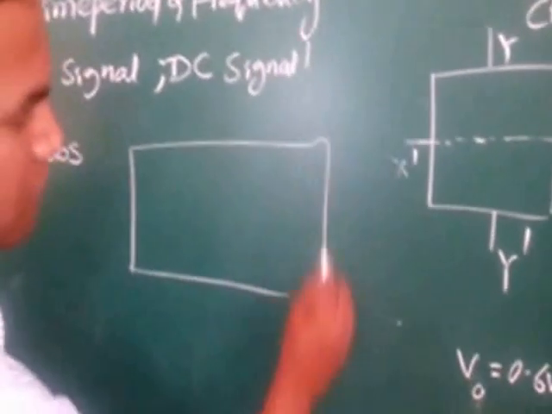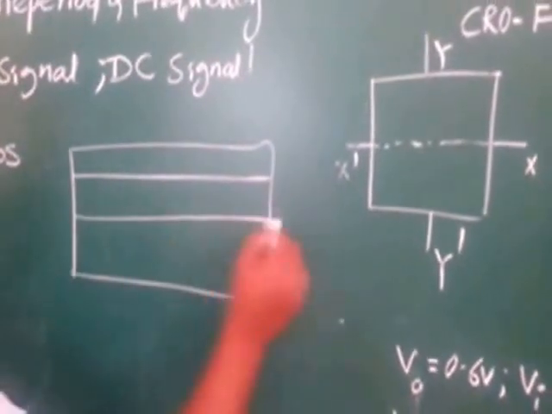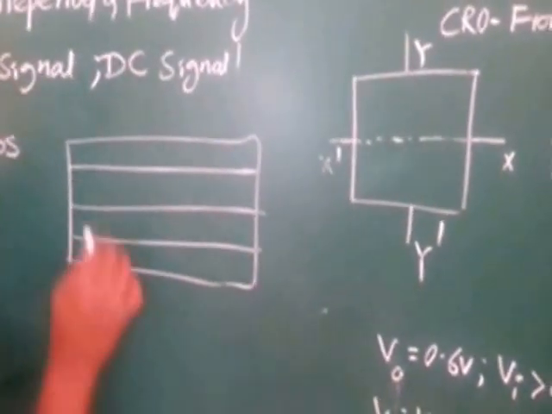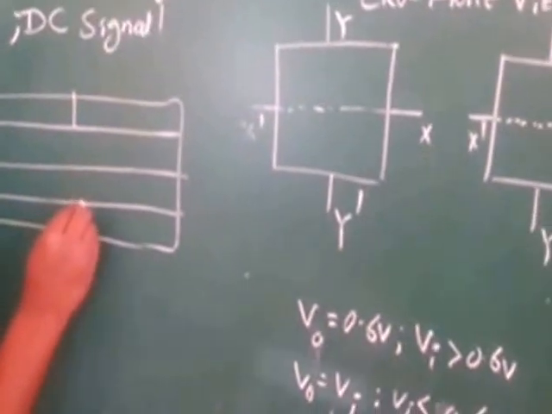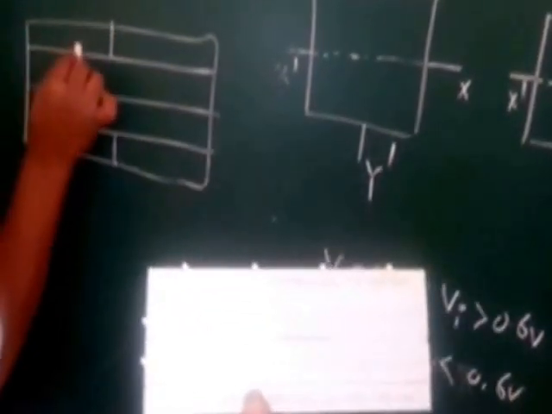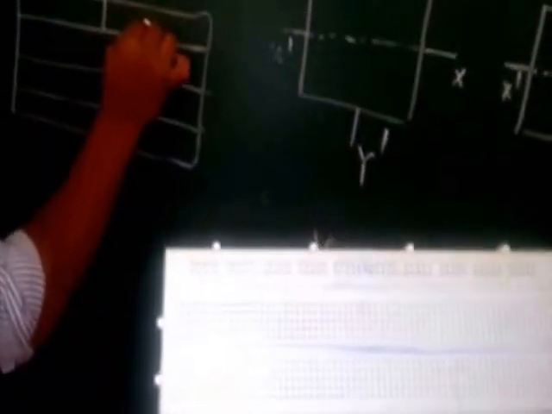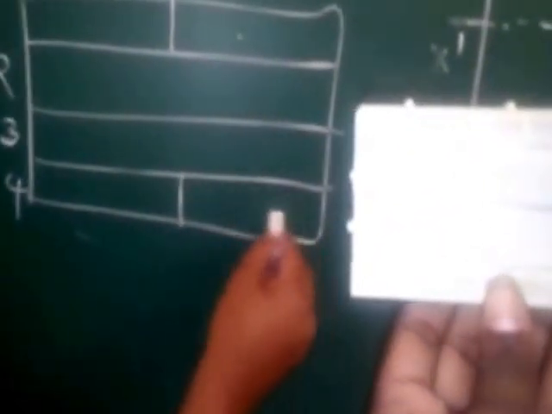In general, a breadboard contains 4 sections: first section, second section, third section, fourth section. In the first section and fourth section, there is a separation in the middle. That means the connections available on the left side of this separation are different from the right side connections. Here also it is the same: first section, second section, third section, fourth section. The connections on the left side are different from the connections present on the right side. And in the second section and third section, there is no such separation.